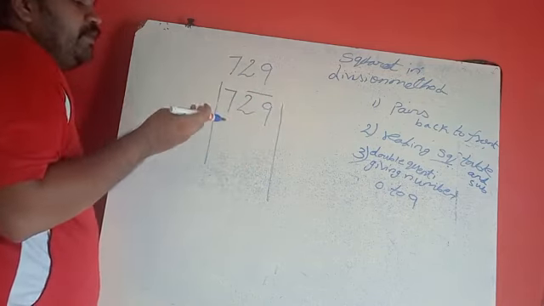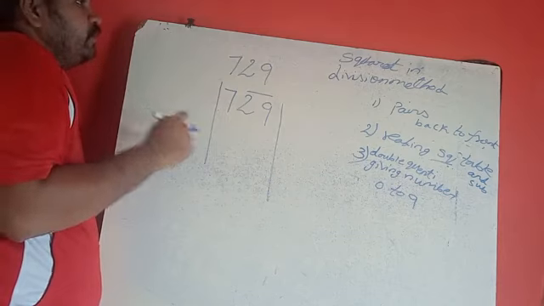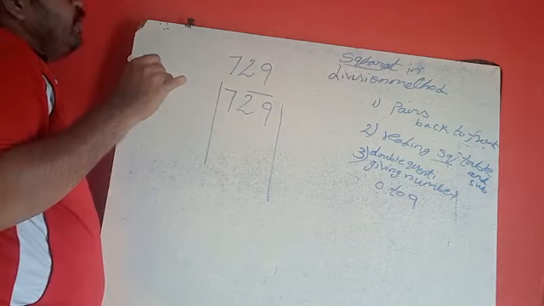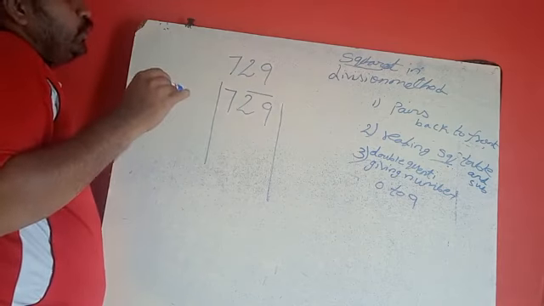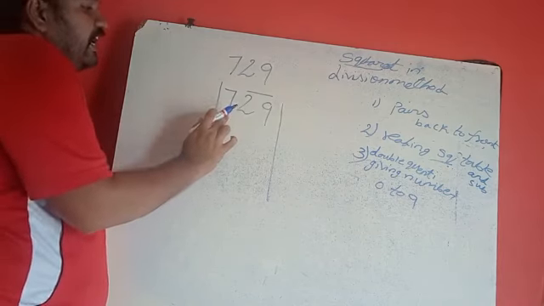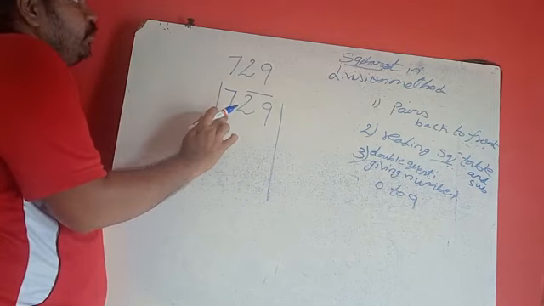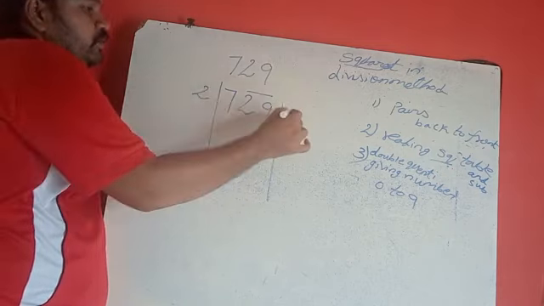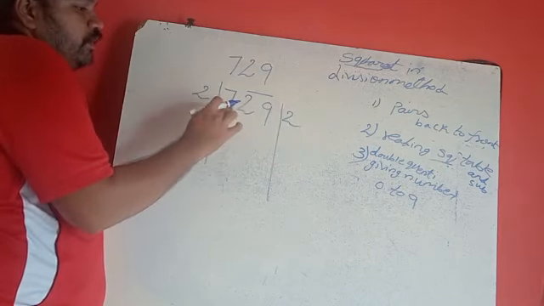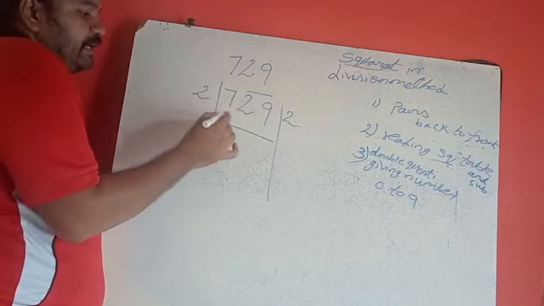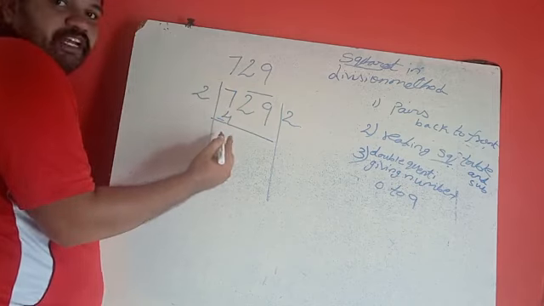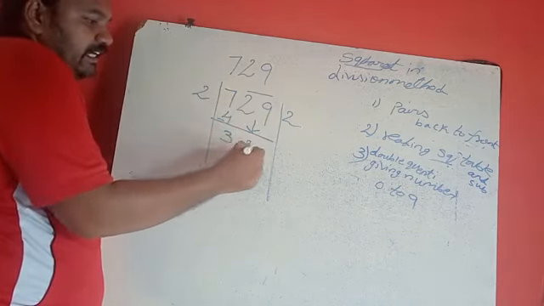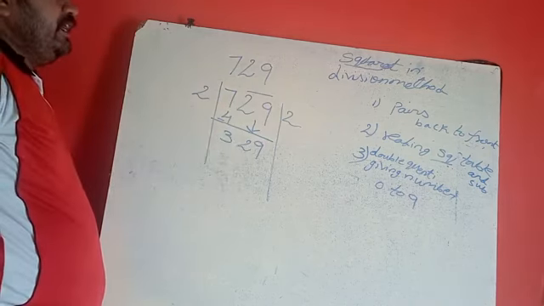Now which table do you have to read? Not normal tables. We are doing square root, that's why we have to take the square table. 1 one is 1, 2 twos are 4, 3 threes are 9. 9 becomes more, so we have to take only 2 times. 2 twos are 4. Now we do the subtraction: 7 minus 4 is 3. Drop that set, that is 29. Up to here, understand what I did.